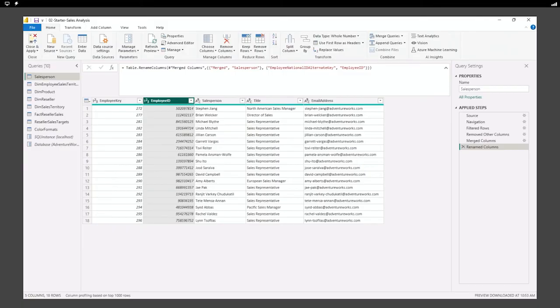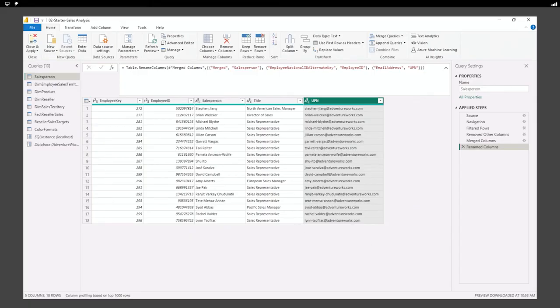We're going to refer to the email address as the UPN, which is user principal name. User principal name is how we are going to do some of our work around filtering later on. So we're going to just call this UPN, and that makes sense to us as how we're going to filter. UPN is just much easier for us to work with as we get data from other columns.